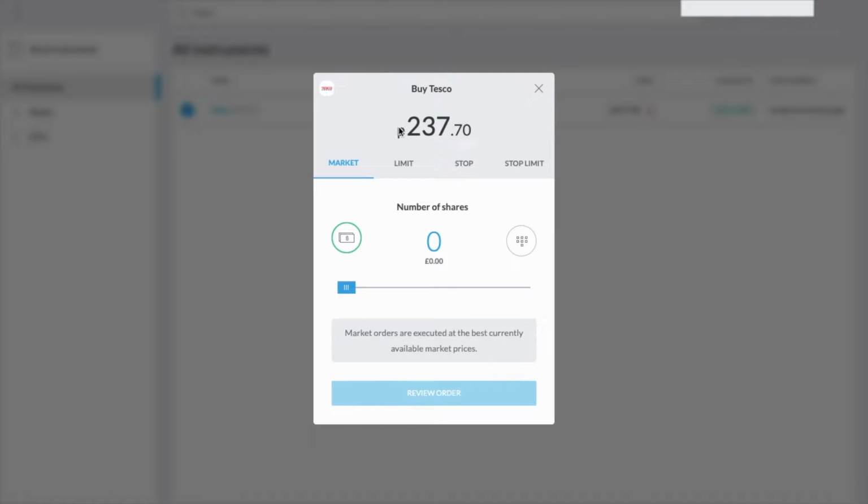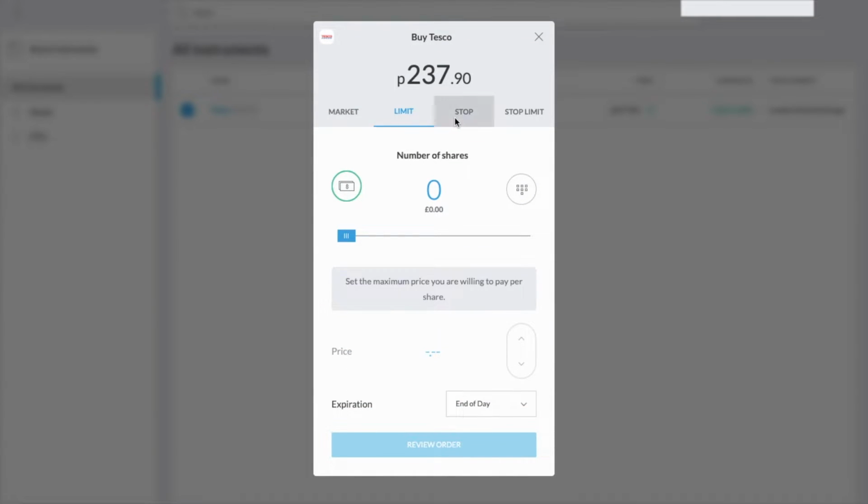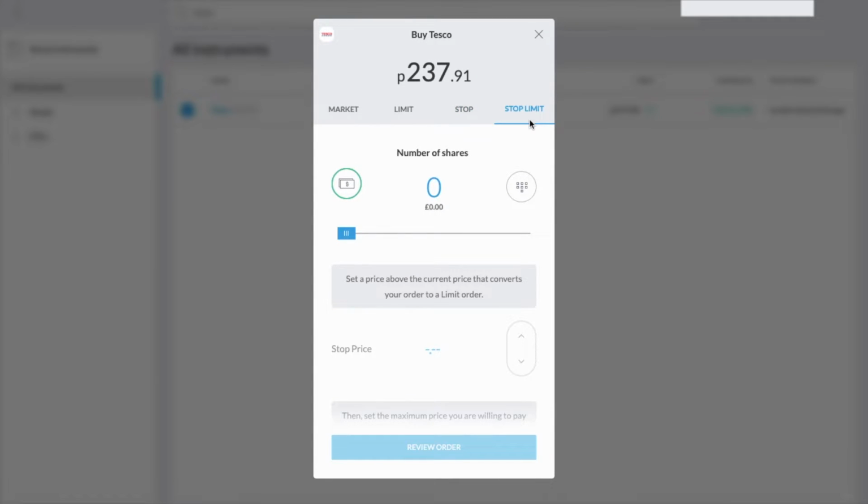and first of all you'll see the share's current asking price at the top of the screen, and then you have an option for a market, a limit, a stop, and a stop limit order, and these options will be available regardless of which stock you choose. And I've got videos available for all of these order types, but today we're going to concentrate on the simplest,